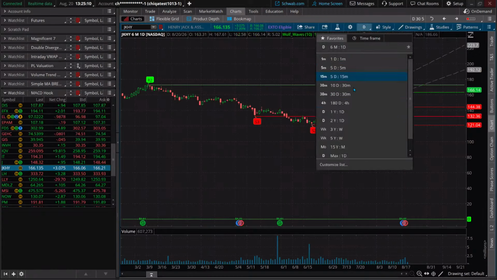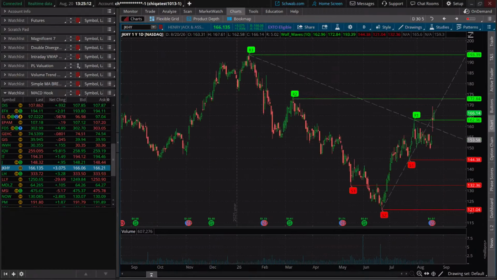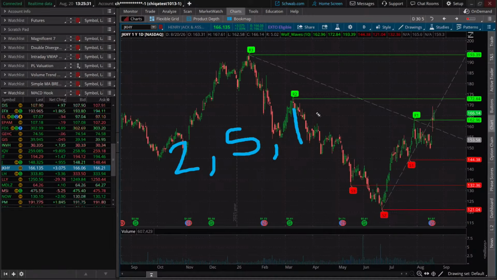Oh, let's go to a daily here. Okay, so oftentimes though, as I read this indicator, it's being utilized on these three time frames. It's like the 2 minute is really short term. There's a lot of short term traders out there. I thought it was fascinating on the daily, to be honest with you. The 2 minute, the 5 minute, and the 15.